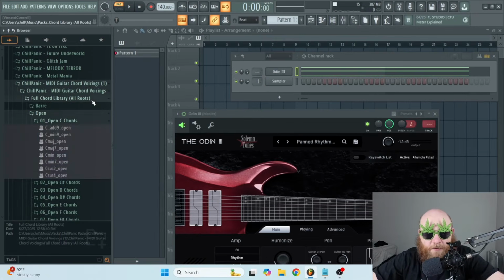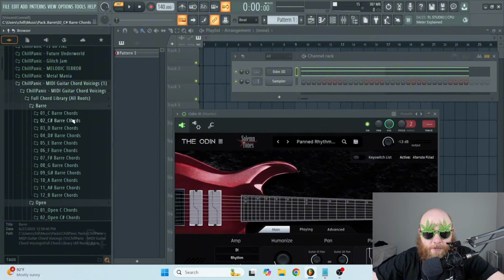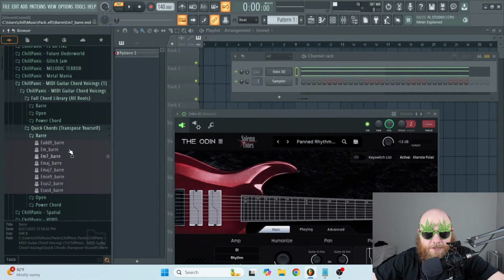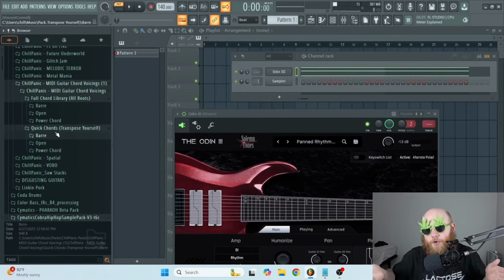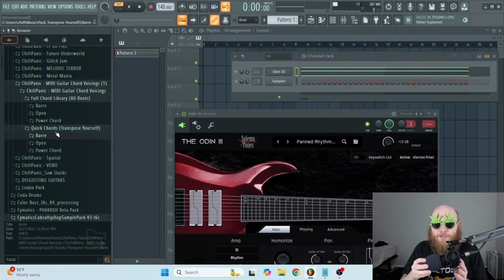So in here I have a full chord library with like every chord you can imagine, but then I also have the quick chords, which is just E minor, E major, all the different E's. So that way you can just transpose it if you don't want to go through a bunch of MIDI files every time you want to do something. Just know that with the quick chords, it won't always be perfect because there are some nuances, but it'll sound